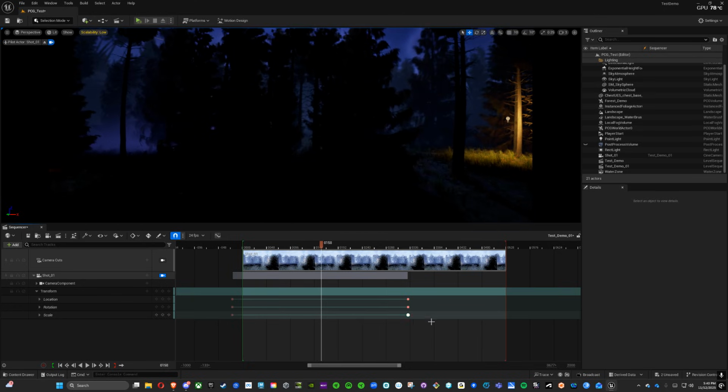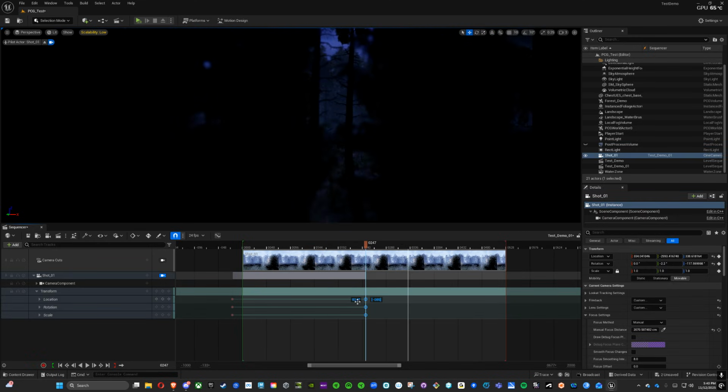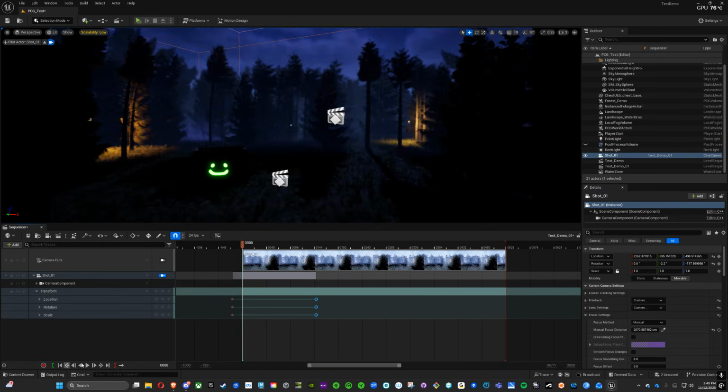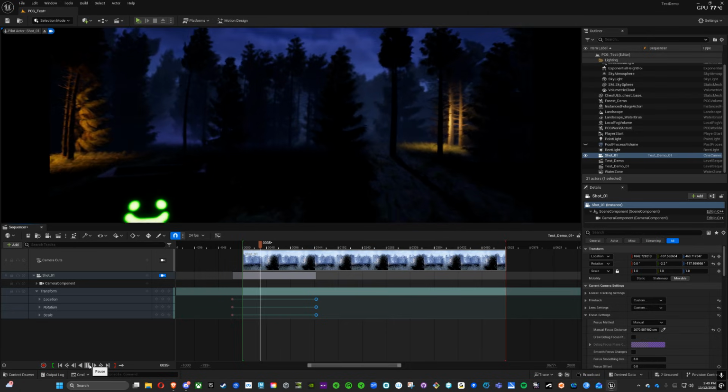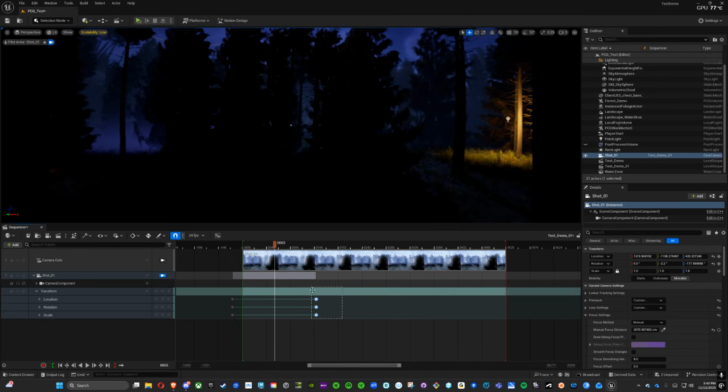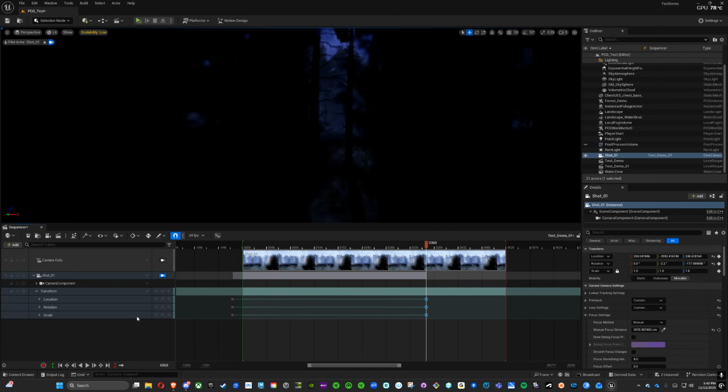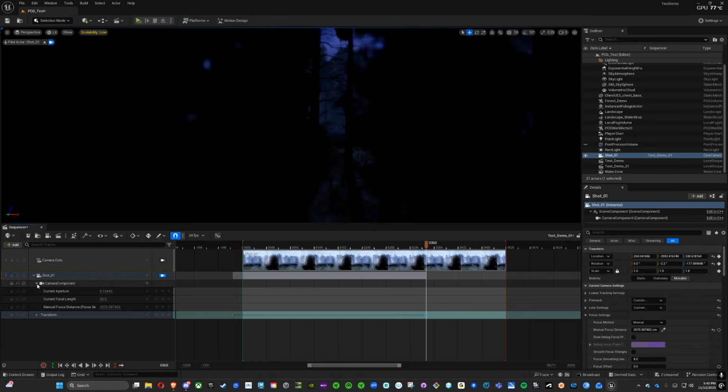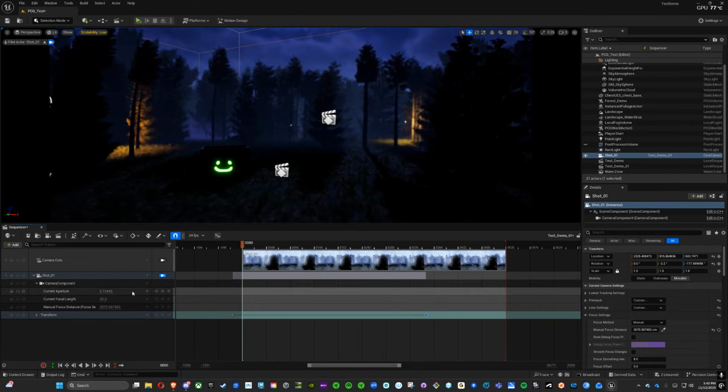Just like that. Obviously, if I wanted this to be faster, I would highlight these and bring them in faster to the scene. I can see now that's faster. And also, anything that has this little button next to it, you're able to animate. The focus distance, so right now,